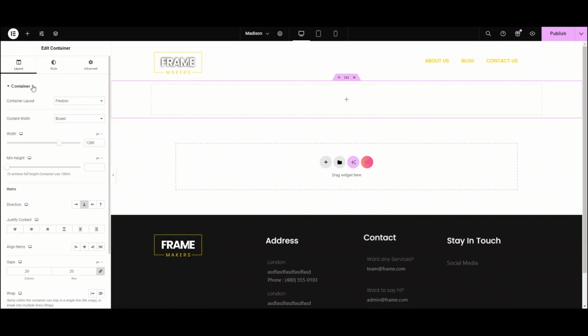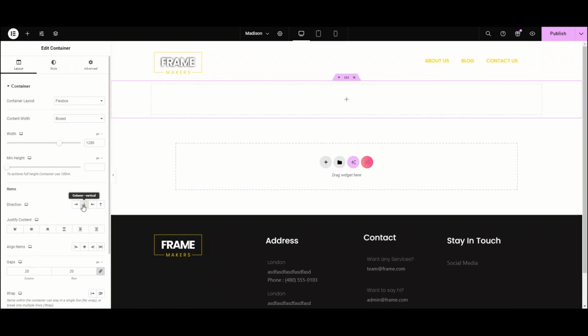Elements within a container can have two different types of properties: how they act as a group and how they act as individual elements. The alignment settings controls how the objects are aligned within the container and depend on whether you set the direction to row or column. From here, we can choose the container's direction. If we set the container's direction to row, the items will be aligned from left to right. And if we set the container's direction to column, the items will be aligned from top to bottom.